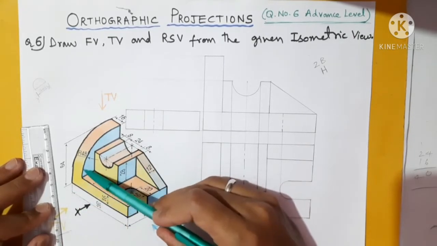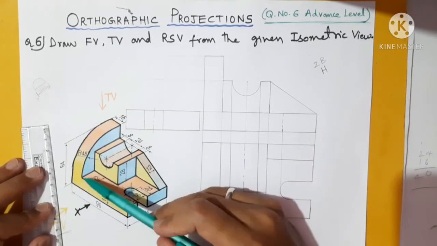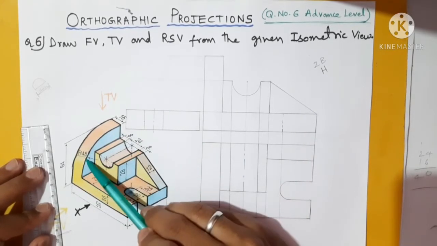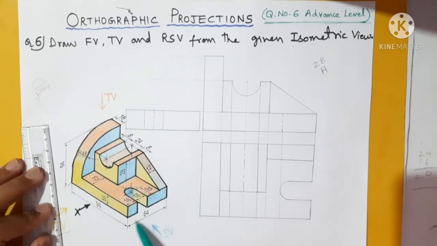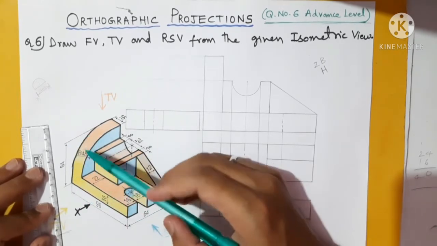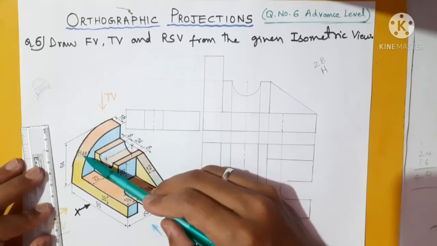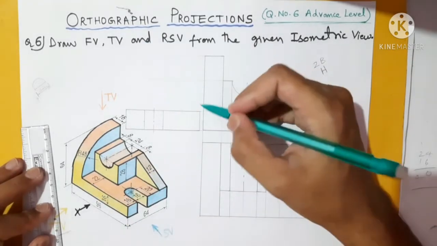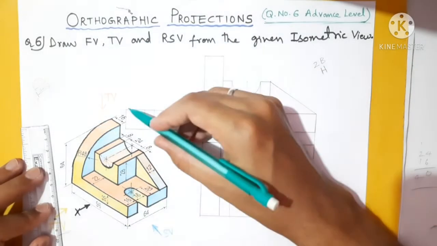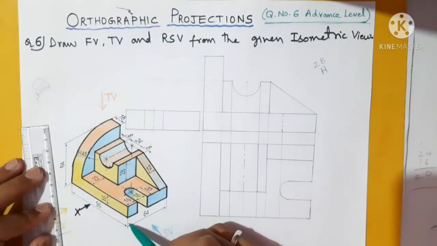Before that, first we have to construct this curvature. You look carefully here, this curve radius they have given is 48, but the actual height is how much? 64, and in this direction also it is 64. If you take 48, then it will be difficult for you. Why? Because if it is R64 here, both the same thing, then it doesn't matter. You can take this as the center, and here to here the width is 64. You can easily rotate because the height is also 64 and the width is also 64.